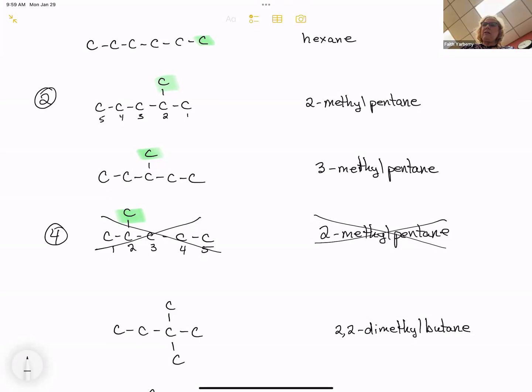Now I'll let you work on the other one and I'll help out. Did this help in figuring out how to play with isomers? Take one off and then take 2 off and